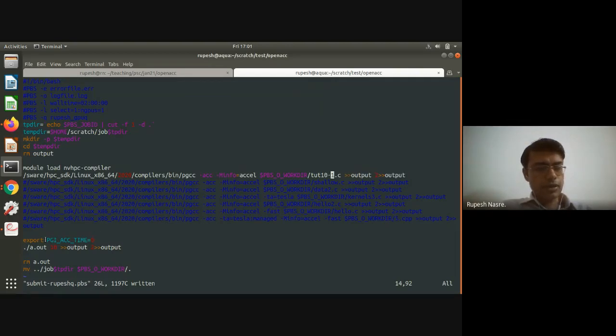You can ignore this for this tutorial, but this is going to give you some additional profiling information about the program, which I have covered in yesterday's lecture. And then we run the code with ./a.out 10, which again goes to the output and so on. So this is our basic setup. The compilation as well as the execution is happening from the script.